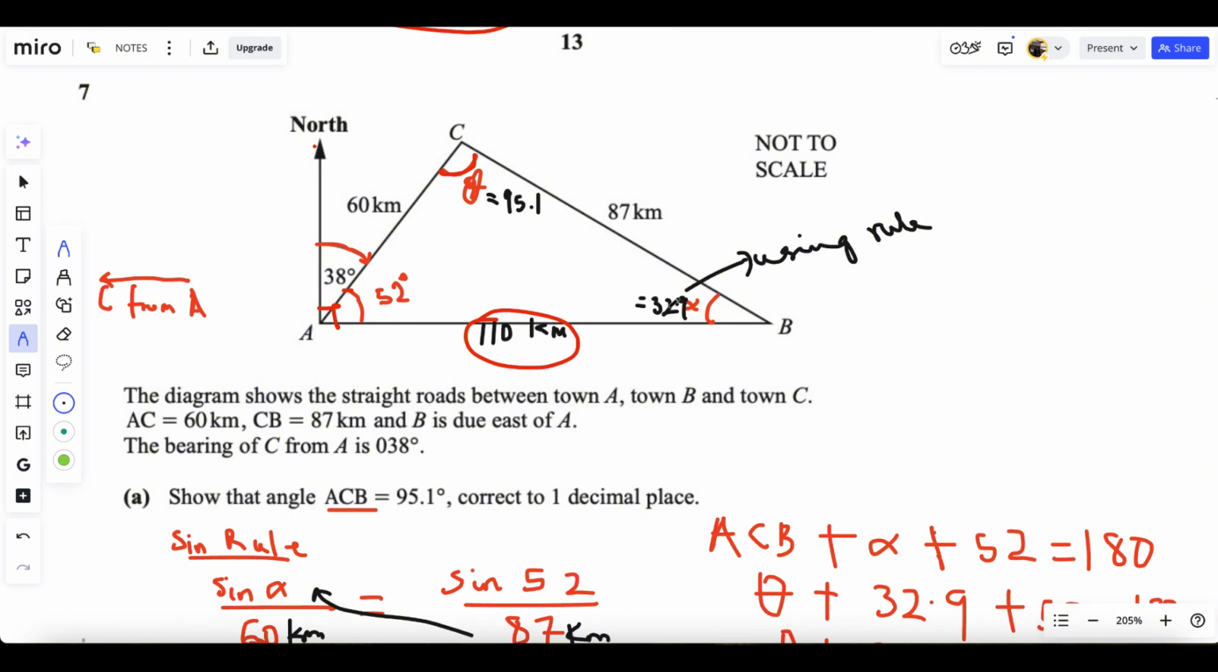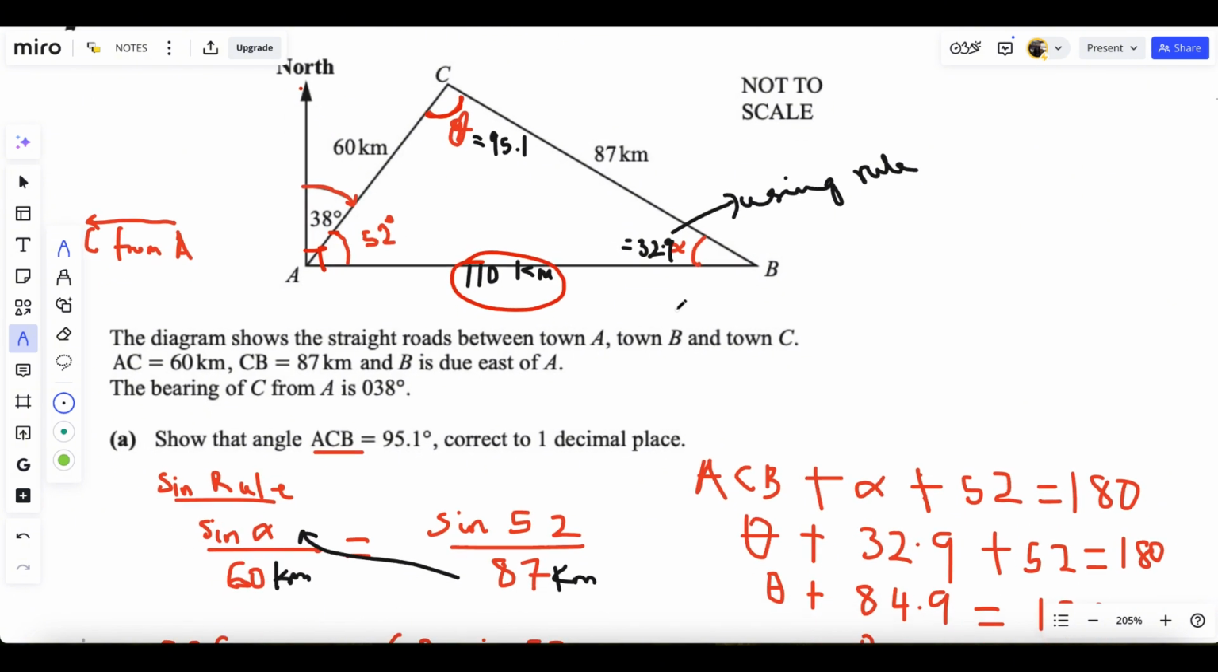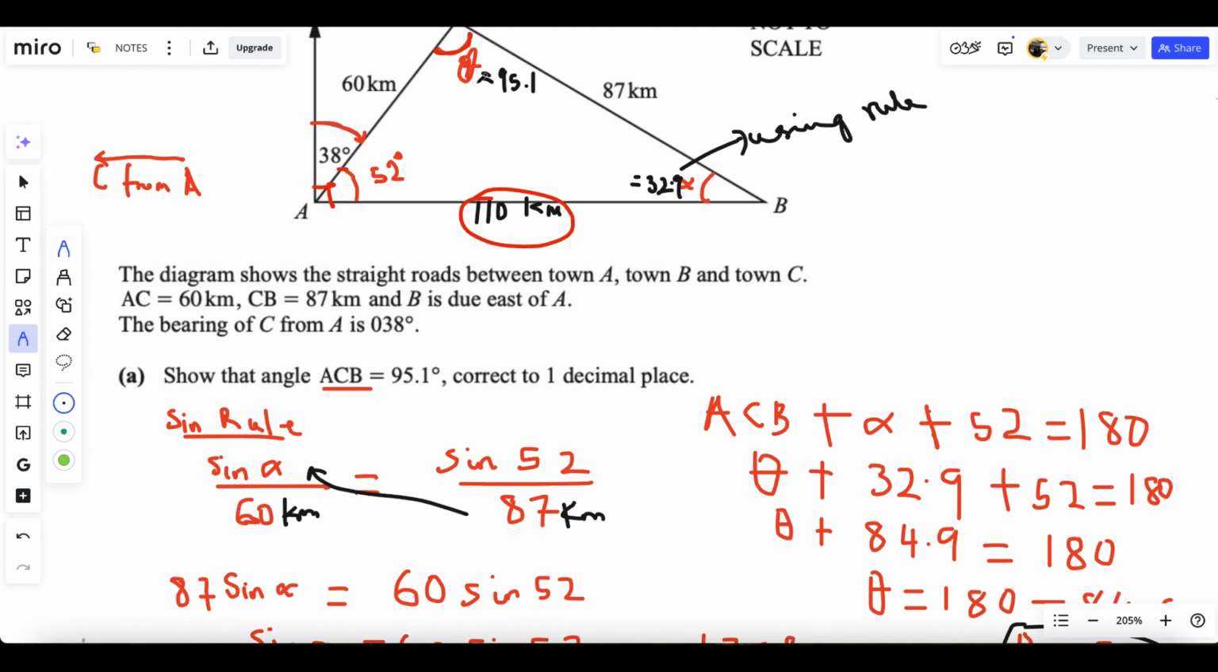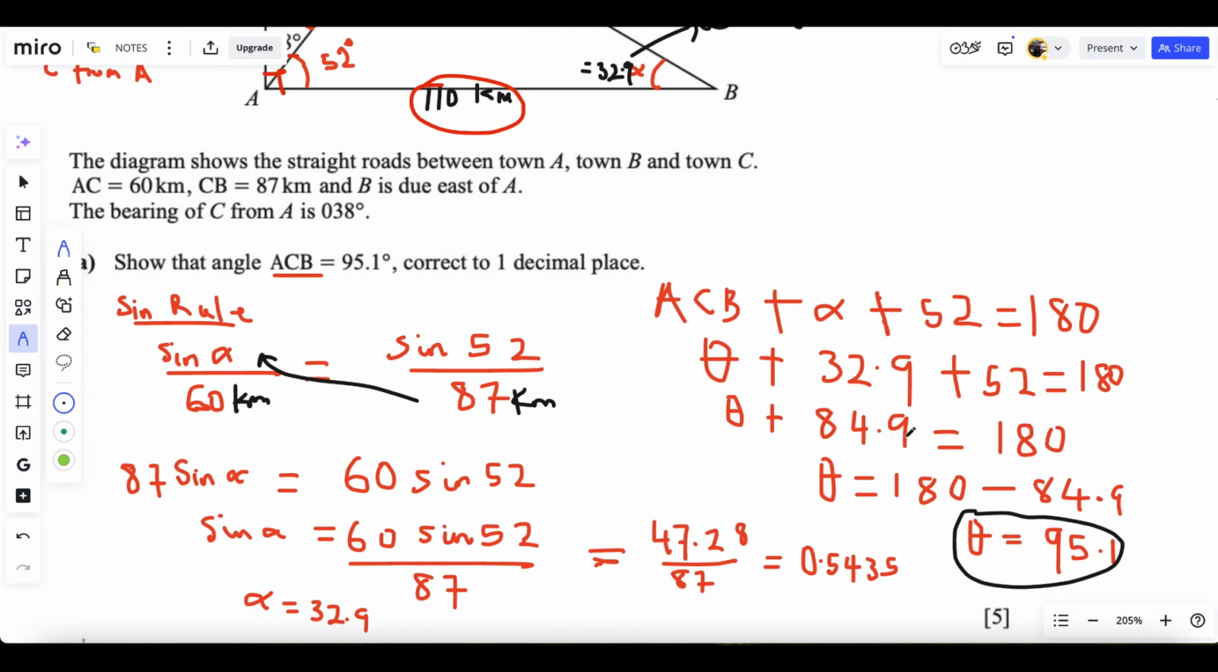52 plus 32.9, whatever you get, take it away from 180. We call the one we're looking for theta. So theta, which is ACB, plus 32.9 plus 52 equals 180. So theta equals 82.9. If you add this and this together, you get 84.9 equals 180. Theta equals 180 minus, you bring this one to this side, 180 minus 84.9, and then you get